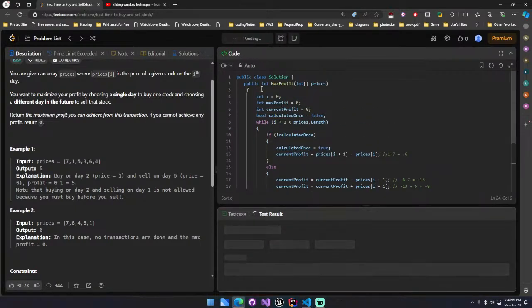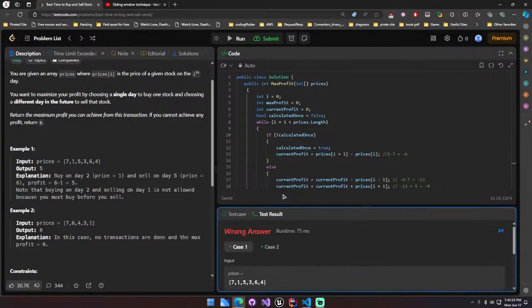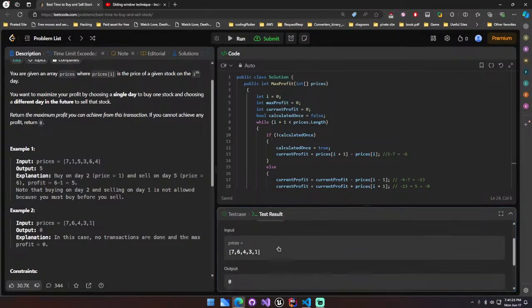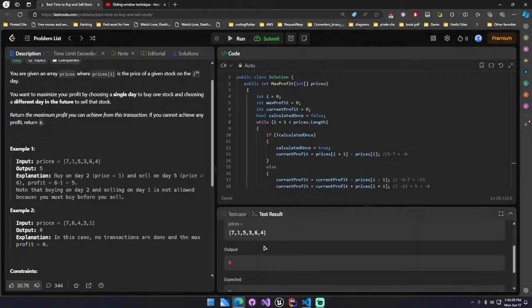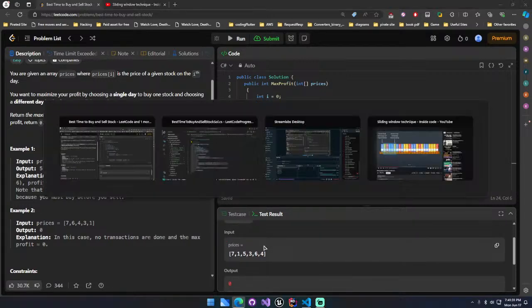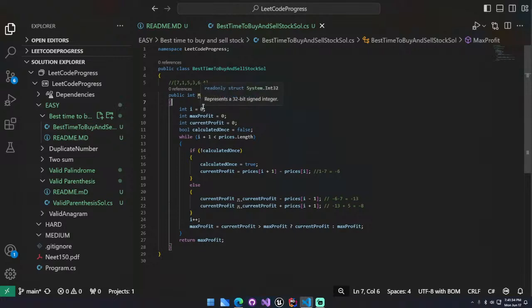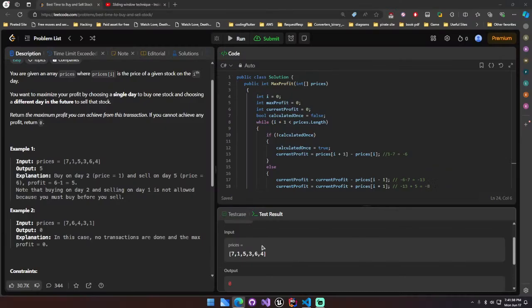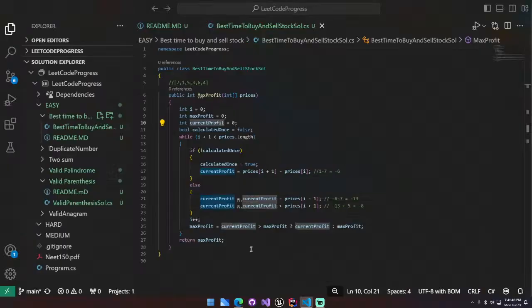Okay, case 2 somehow worked. Yeah, because the output is 0. Okay, you know what? 715367, right? 7165. And you know what we're going to do? What is the value supposed to be? It's supposed to be 5, right? So it's supposed to be 5 because